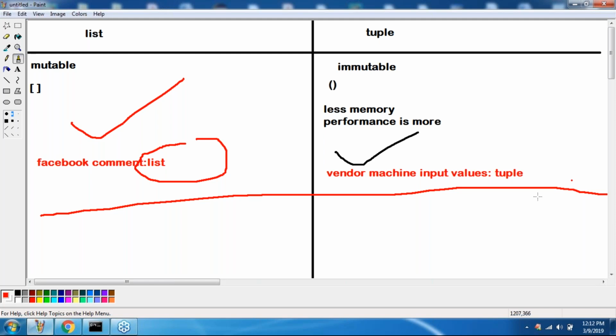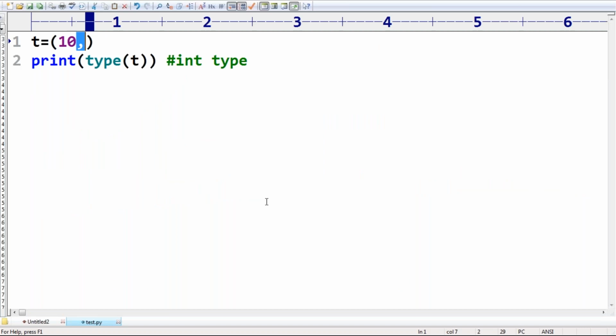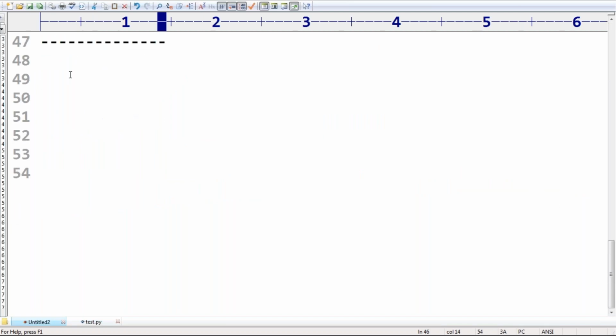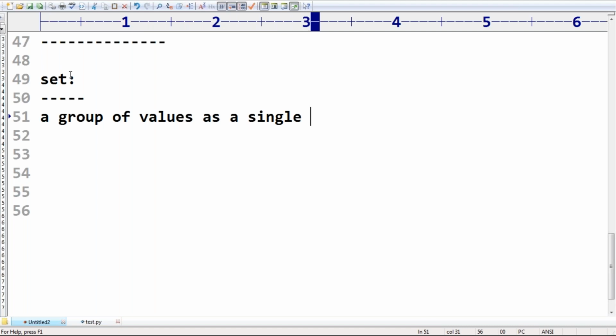Now the last concept that I have to discuss: the set concept, right? So when should we go for the set concept, sir? Can you please spell out? I want to represent a group of values as a single element, as a single entity,